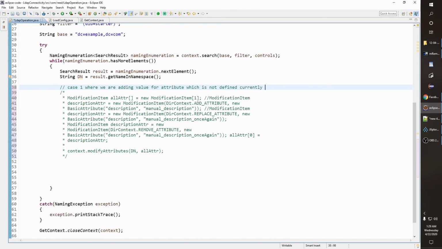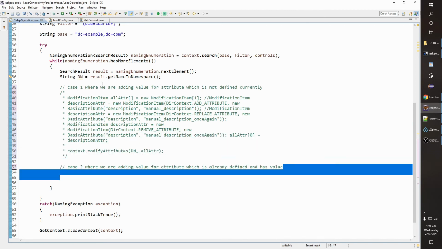Okay, so that is case 1. Now case 2. In case 2, we are adding values for an attribute which is already defined and has a value.